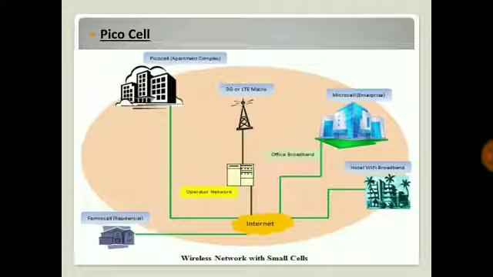Picocell. A picocell is a small cellular base station typically covering a small area such as buildings like offices, shopping malls, train stations, stock exchanges, etc. Picocells are typically used to extend coverage to indoor areas where outdoor signals do not reach well, or to increase the network capacity in areas with very dense phone usage such as train stations and stadiums. Picocells provide coverage and capacity support too.